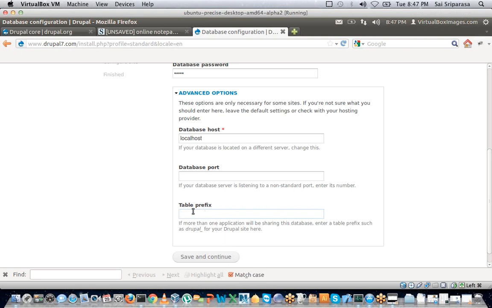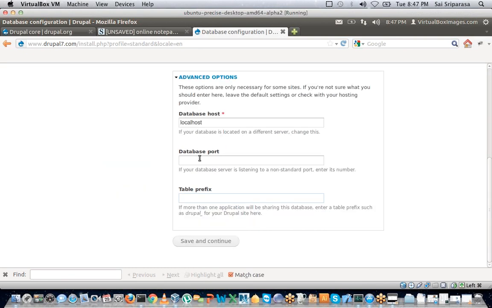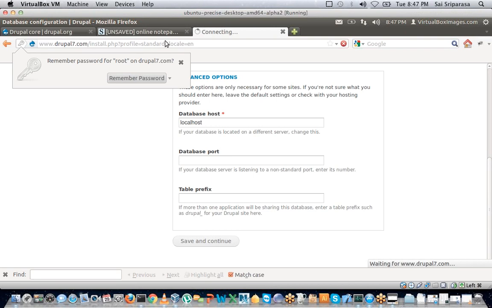Again, the only reason here is shared hosting. In shared hosting you do not have access to creation of databases, so you'll have to use the table prefix. So long story short, create a database, give in your database username and password. Now hit save and continue.